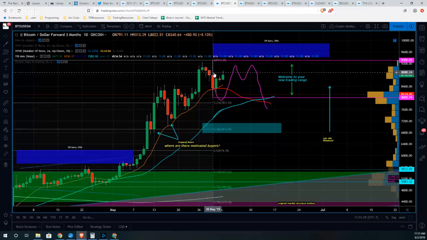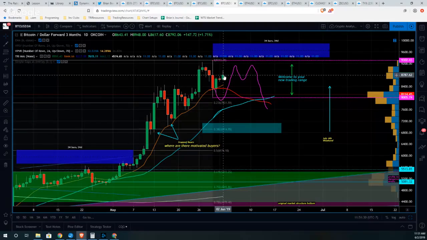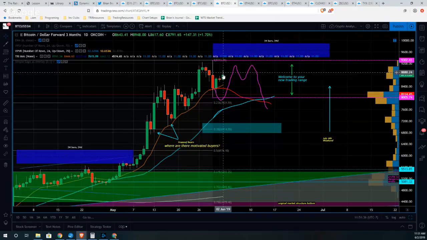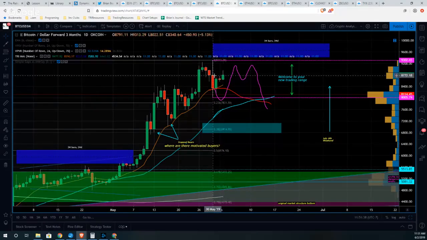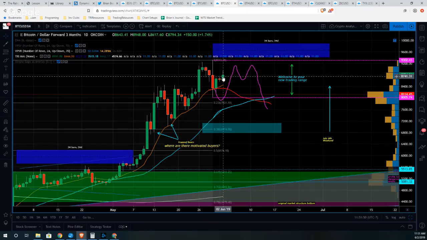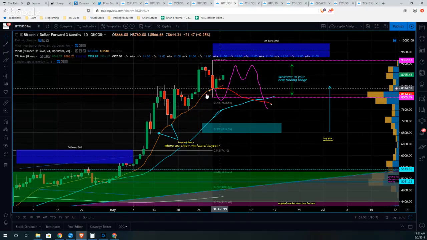Notice we've come into that wick now, and all those trapped bulls in that wick are finally getting their release. Whew. And notice how we're just sitting right at that candle body high right now. Anytime we probe into that wick, all those trapped bulls are like, oh, thank God, sell, sell, sell, get me the hell out of here. I find that fascinating. But anyway,